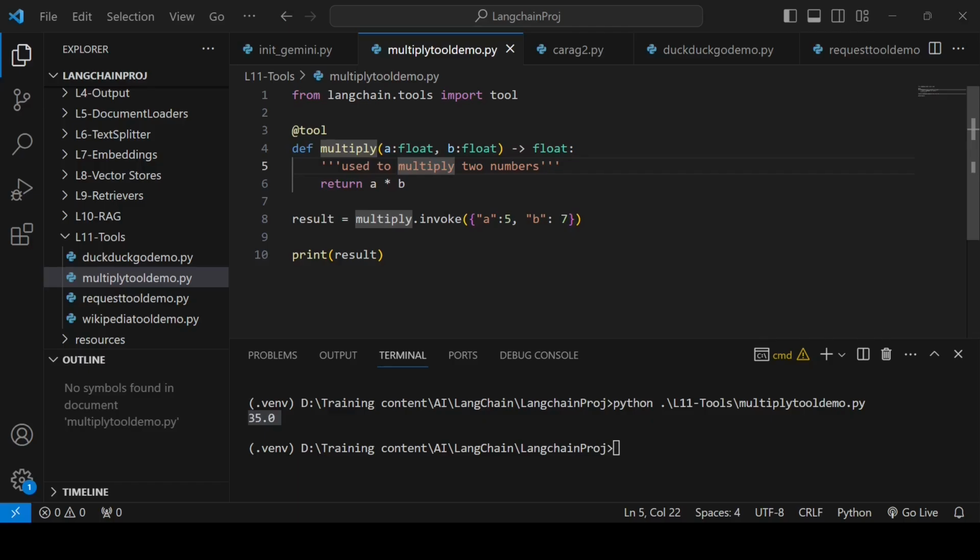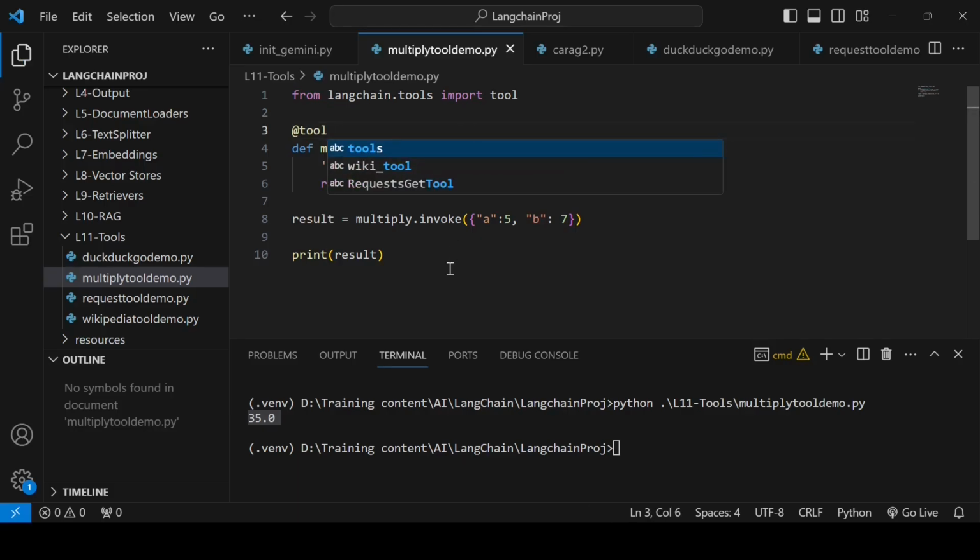That is why we can use multiply here itself. If you want to give another name, then you can give it here like this, in double quotes, any other name, multiply underscore tool, then this will become the name of this tool. Okay, for now let's stick to this function name itself. So that is our tool which we have created, a simple one.